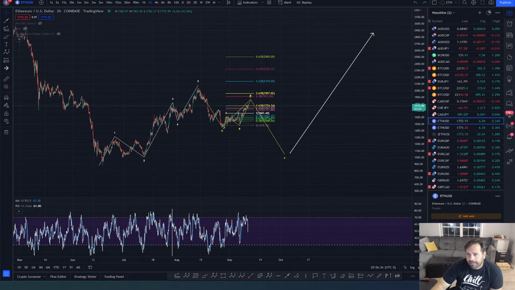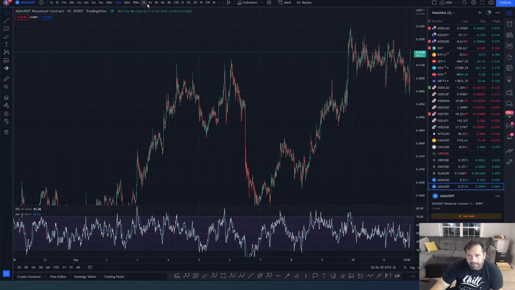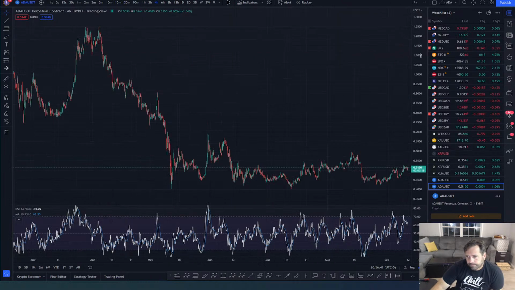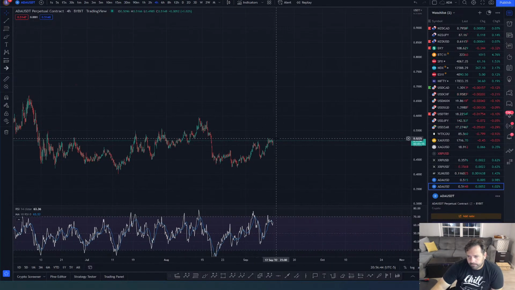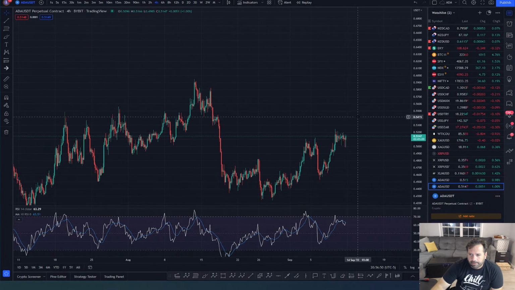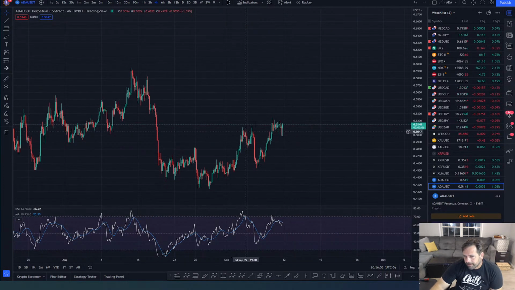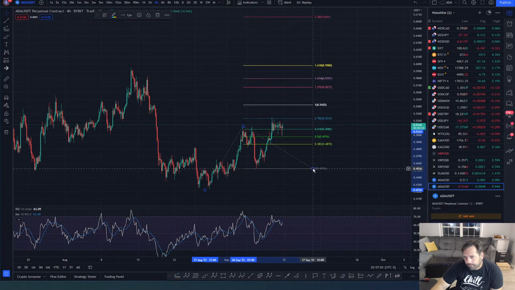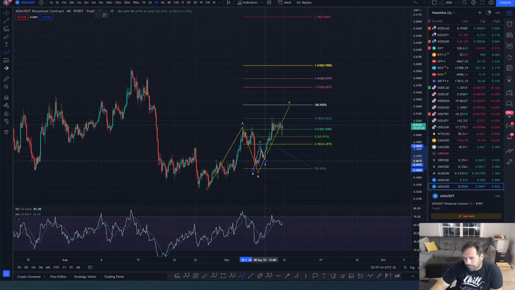On ETH, let me show you ADA now. Okay, ADA. ADA needs a higher high here. It needs another wave to the upside. We've got a wave 4. This is a wave 5, and this is kind of a clear 3-wave move. We got a 5-wave, 3-wave, and then we're getting another 5-wave. I think that's an A, that's a B, and there's a C wave. And we need to finish that C wave with 5 waves. We got 1, 2, 3, 4, and come on up here for 5.